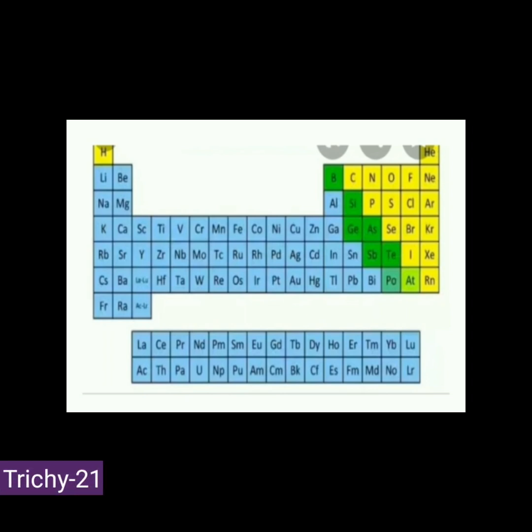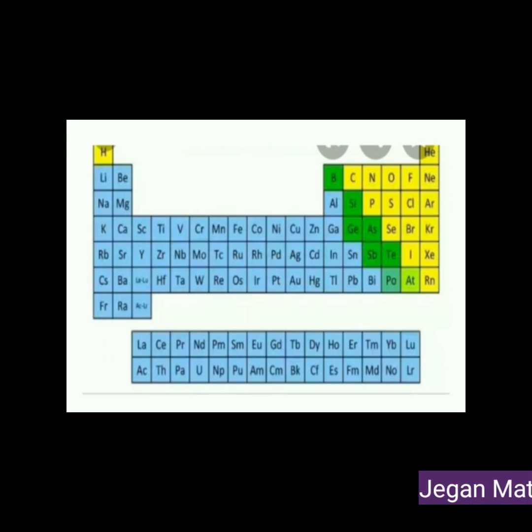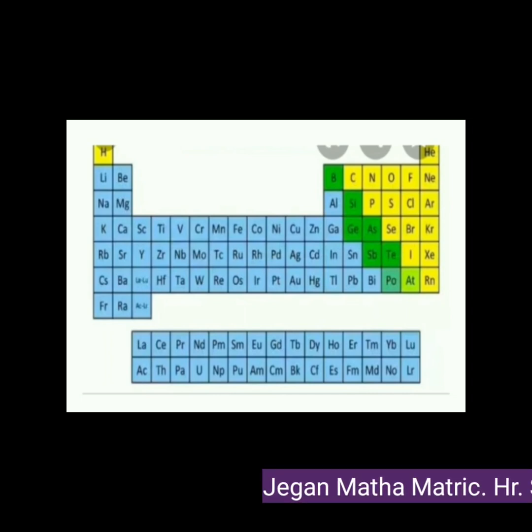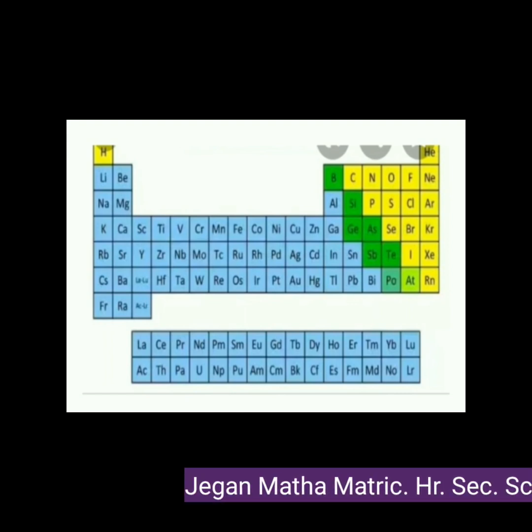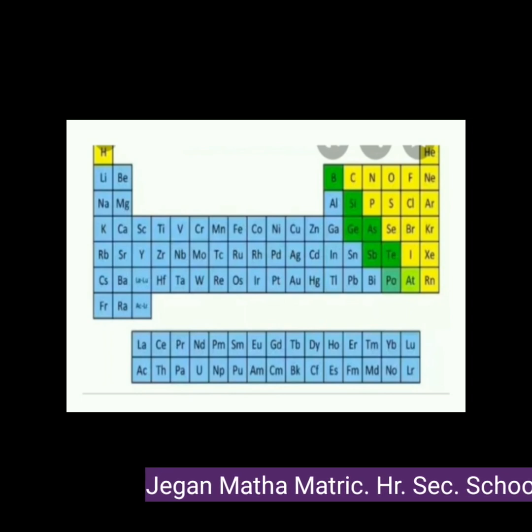In the periodic table, the most common elements use the first letter of their English name. For example, boron, B, carbon, C, hydrogen, H. In the beginning, the names of elements were derived from the name of the place where they were found for the first time. For example, the name copper was taken from cuprous. Some names were taken from specific colors. For example, gold was taken from the English word meaning yellow.